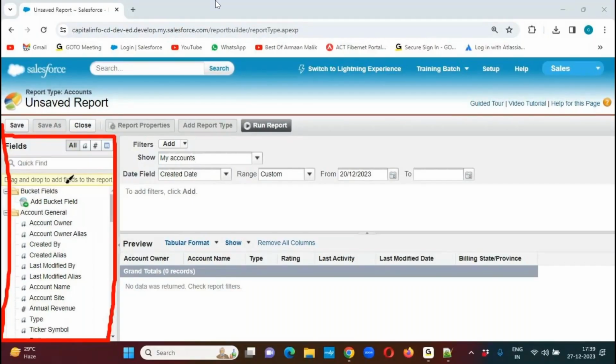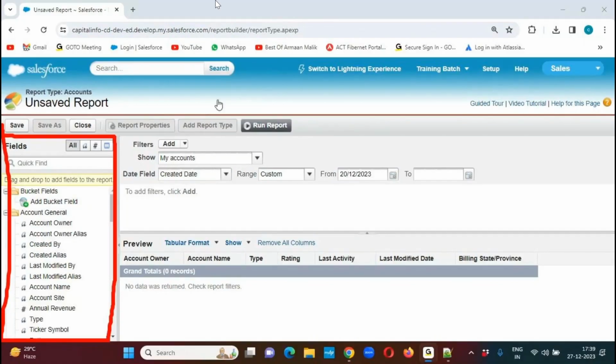In that account object, there are so many fields available, including standard and custom. What fields you want to show inside the table, we can select from this left panel. So the left panel will populate all the fields available inside your account object. From this, we can choose what columns you want to show inside the table. Next,